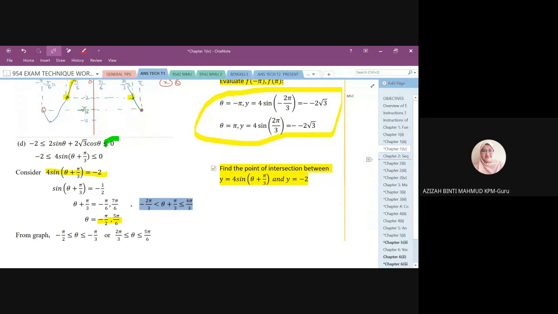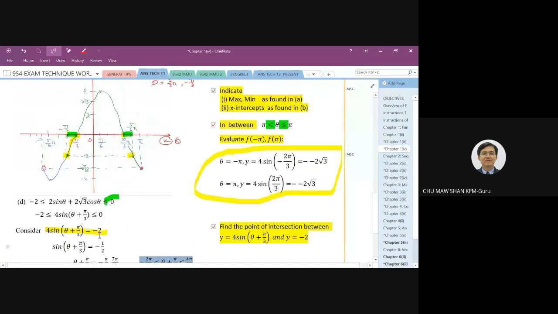Saya ada check dekat bahagian chat tu. R kan? Yes, we use square root A square plus B square. Direct. Okay, dapat markah tak? For R. Ada markah. But it must also have the